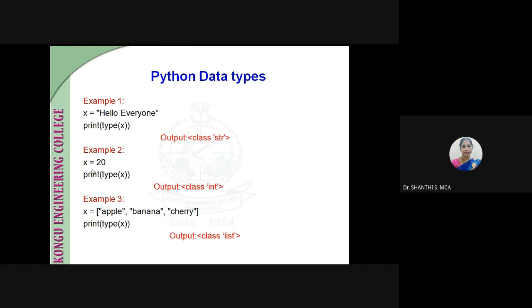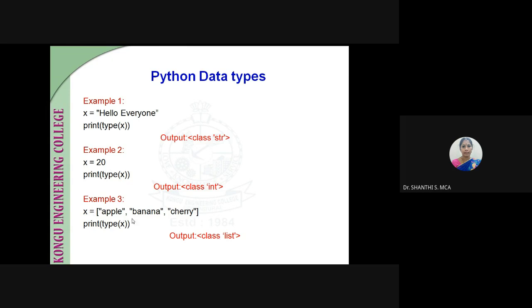Then the second example, I am assigning x equal to 20. Here 20 is an integer, so it will assume that the data type of the variable x is integer. The third example is x equal to something within square brackets. Any element within square brackets is called a list. As I already told, there are different data types.